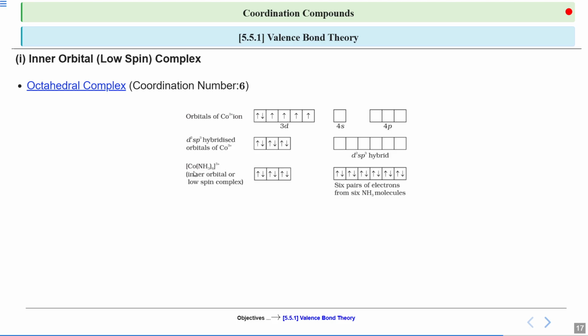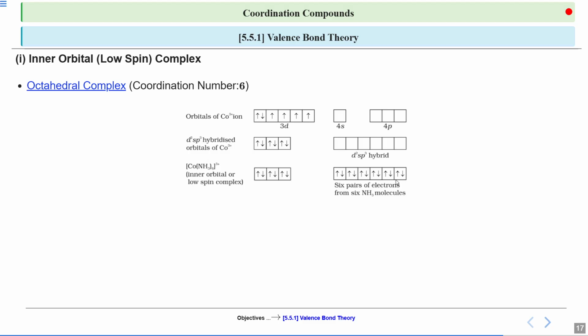in these energy levels. So for this complex, cobalt NH3 whole 6 whole 3 positive, the ammonia are ligands. They are coordinated ligands in number 6, so its coordination number is 6 already. And this is going to be an inner orbital or low spin complex. The configuration for 3d is going to be this one, and the 6 pairs of electrons from the 6 ammonia ligands are going to be filled in this d2sp3 hybrid empty orbital of the central metal ion,